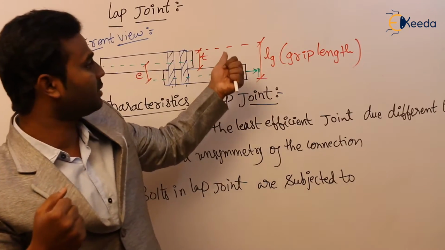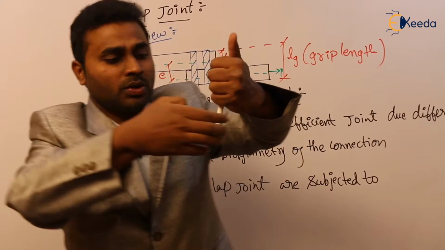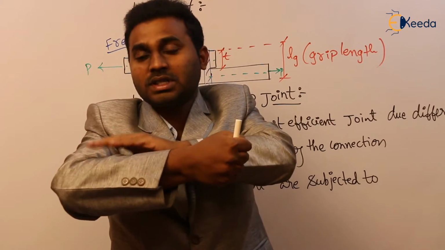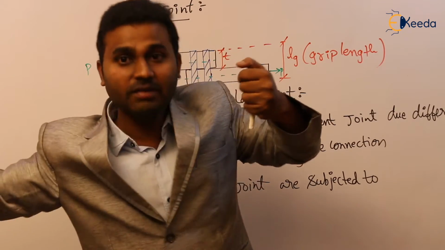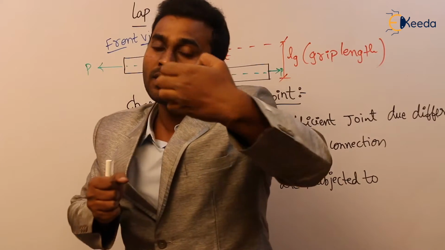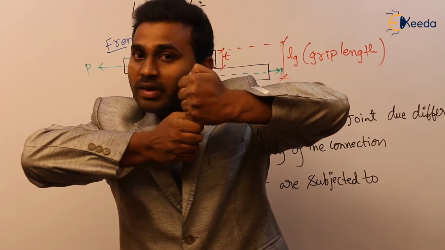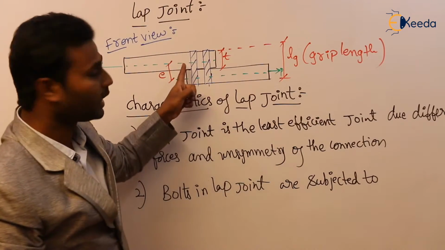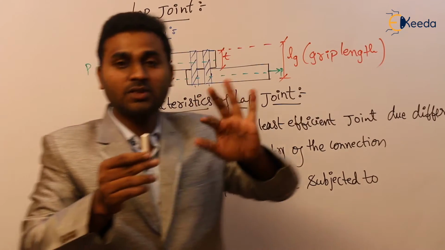The example we have shown on the board, I'm explaining further. If we assume that there is no bolt here, what happened? The tensile force P in this member tries to pull it away from this connection, and the force on the top member also tries to pull away, so they try to move away from each other. Now which is going to prevent that movement? Bolt. Agree or not? Which is going to prevent that force? Bolt.